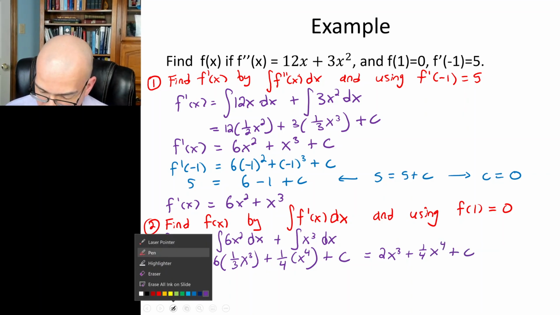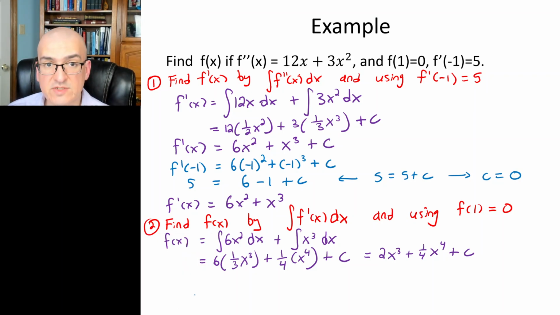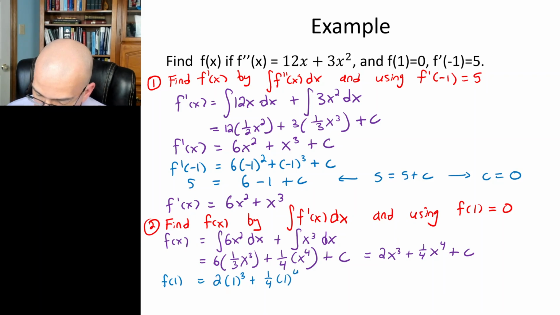Now we'll use our data. We'll plug in f of 1 is equal to 0. So f of 1 is 2 times 1 to the 3 plus 1 over 4 times 1 to the 4 plus c. So we have 0 is equal to 2 plus 1 over 4 plus c, which means c is equal to